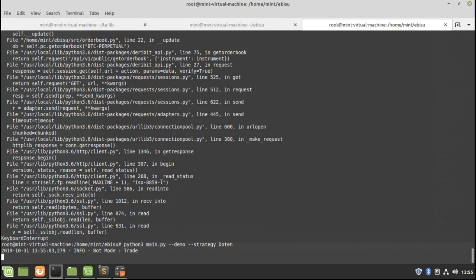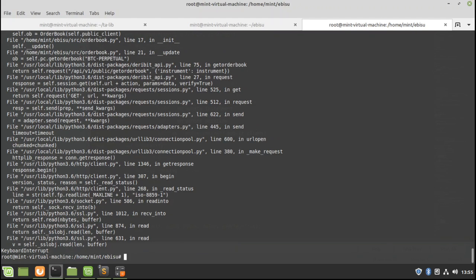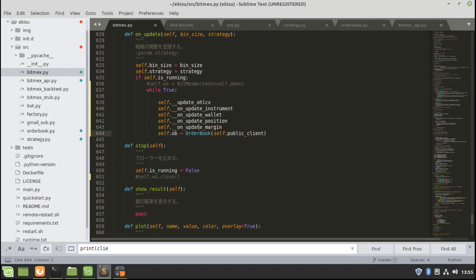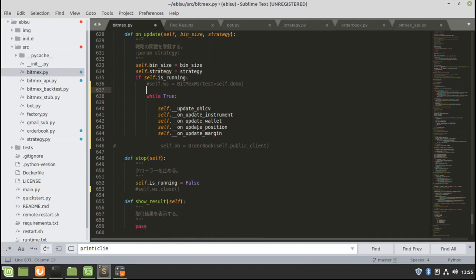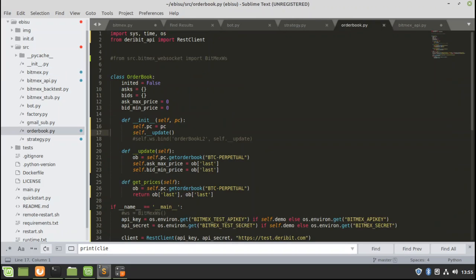All right, so now where is it getting hung up? I mean, that's fine. We know the order book is working. I think the order book is working. Let's just try getting rid of this. Self.ob. self.ob.ask and bitmin equals